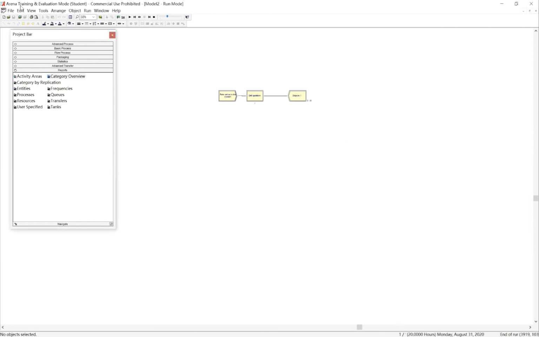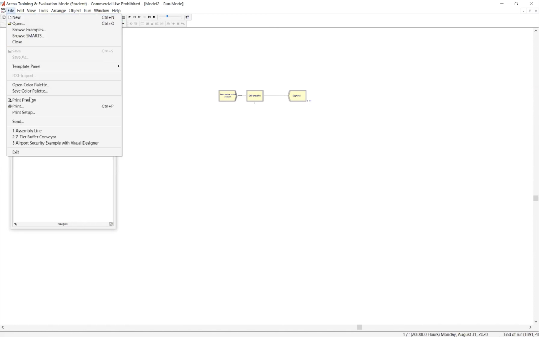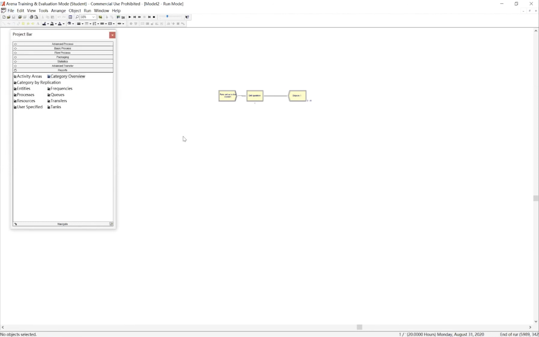Okay, so I have to save it first. So, how can I save this? Because you can see it's come into the gray area, and I can't really. First of all, you have come all the way to the end, and you have not saved your model. Okay, that's not good. If you do that in the exam or in the homework, and suddenly you lose everything, I'm not going to have any mercy on that. Okay, so when you create a model, the very first thing you have to do is to save the model and to save it frequently as you build the model. Okay. The next thing,